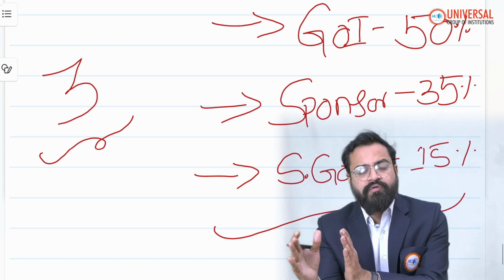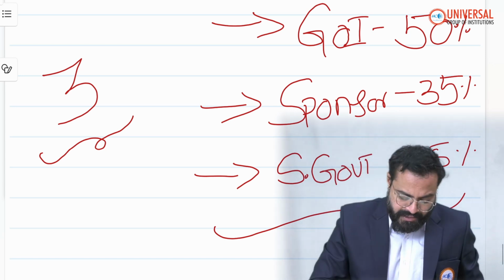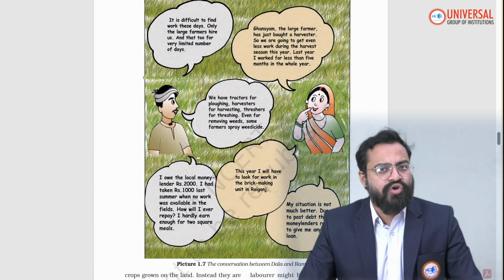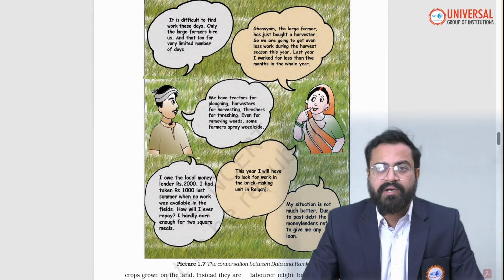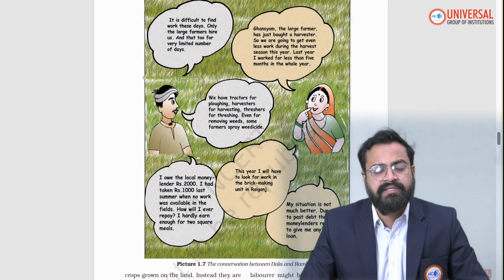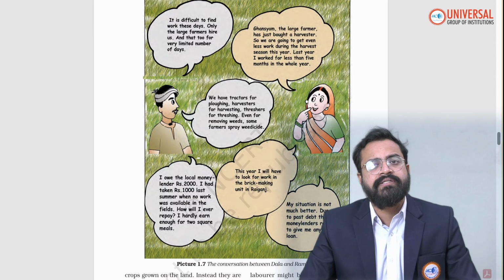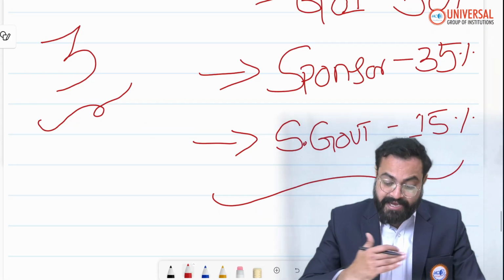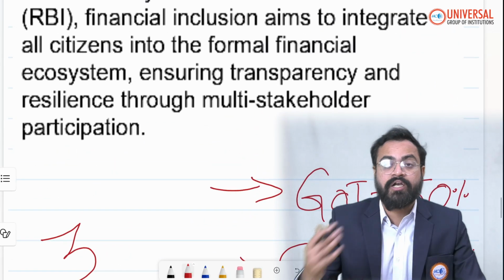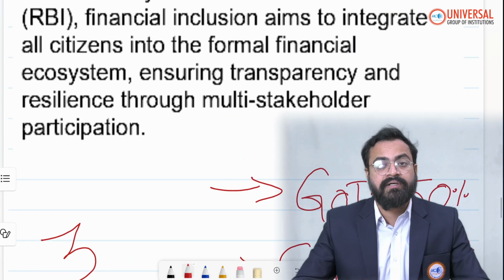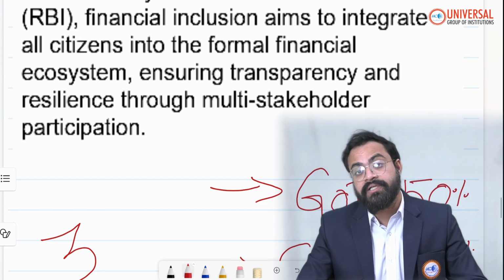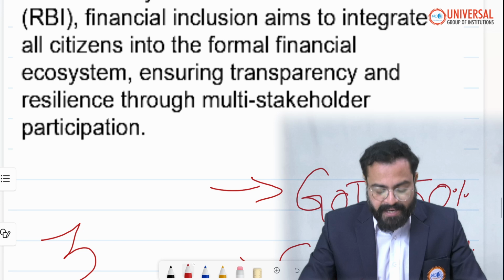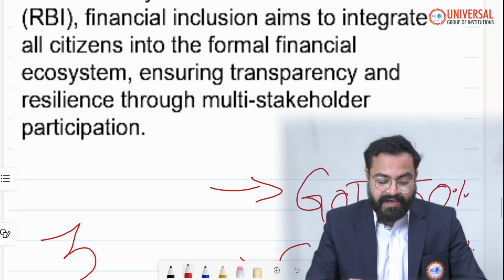Moving forward, do remember that there is something called formal credit and informal credit. The majority of the people in the rural part are still accessing funds from informal credit institutions. That is the reason the government, to ensure financial inclusion, has come up with the Pradhan Mantri Jan Dhan Yojana, which you might have heard of as the zero balance bank accounts. So what exactly is financial inclusion?